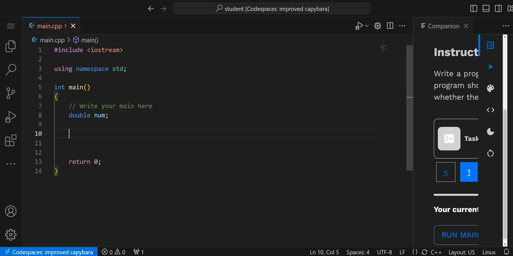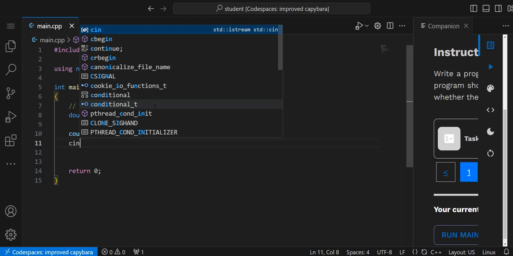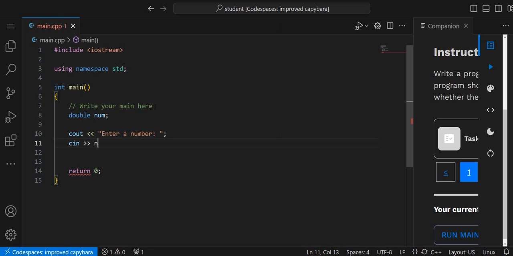Then we'll cout and simply put enter a number, colon and space, and we'll semicolon there, and then we'll cin, and we'll refer this to our variable, which is number,